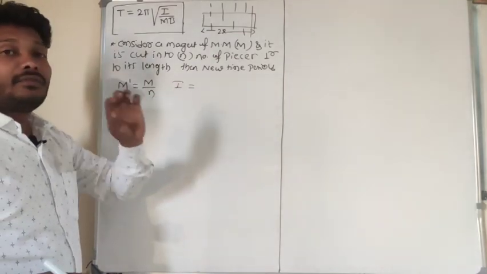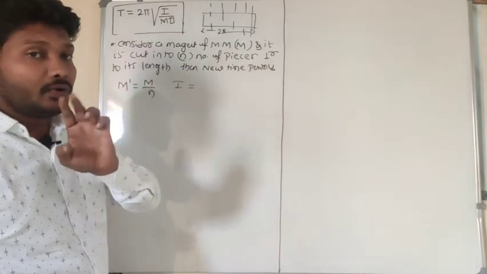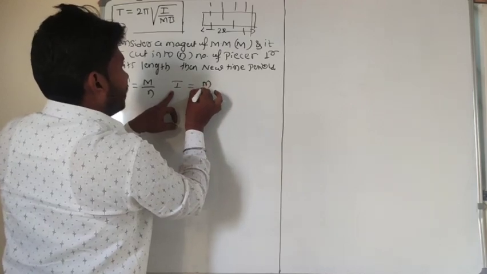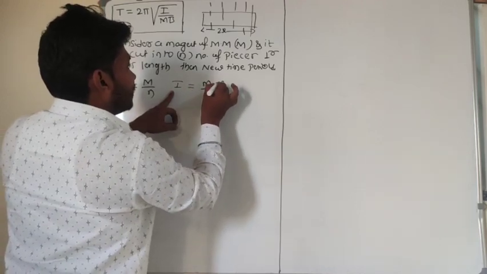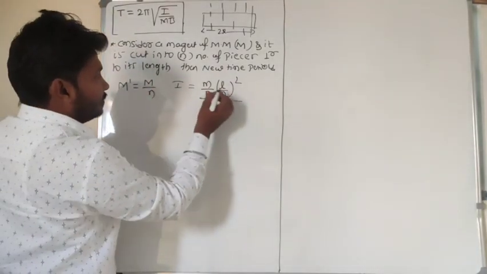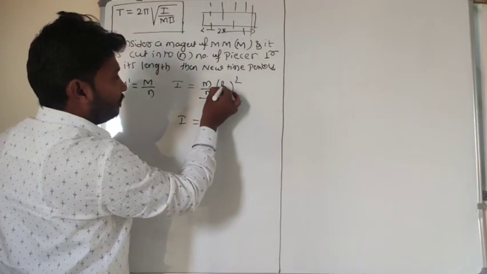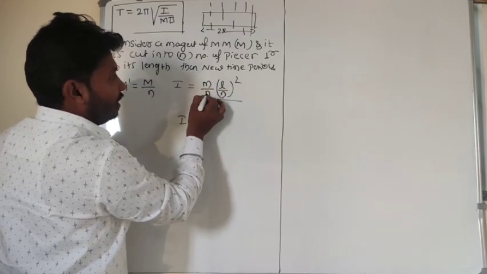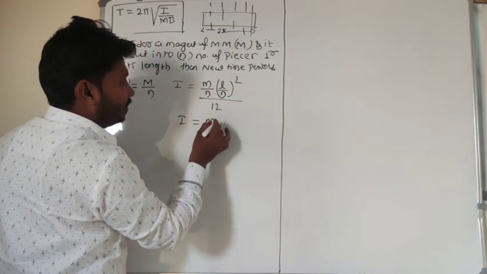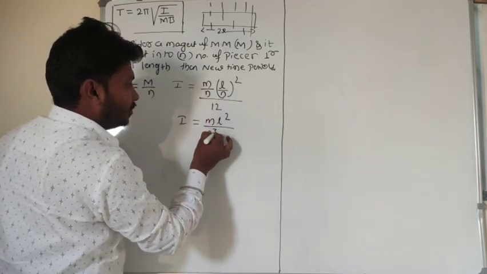Look here, moment of inertia for a thin rod, I equals m L squared divided by 12. That is the formula you learnt in first PUC. I will use that formula, with m by n and L by n whole squared, divided by 12. Let me rearrange: moment of inertia becomes m L squared divided by n into n squared, that is n cube, into 12.